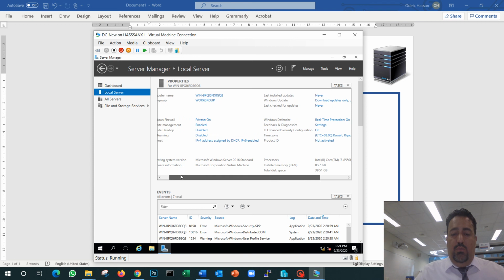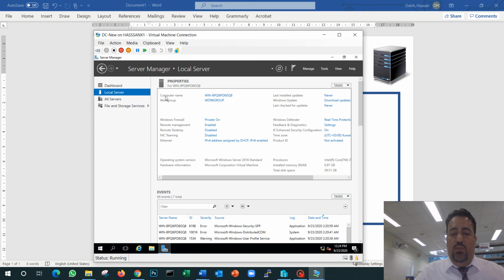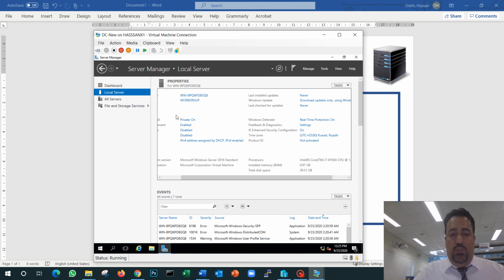I close it. Now it's very recommended that you change the computer name of the server. Give it something logical, better than the selected random one. In my example, since I'm just playing with this, I don't need to change it. But in your example, you can change it, for example, to station 15 server 1 or room 113 dash station 15, whatever your group or whatever name. I will be writing that on the board in the classroom. Now, once you do the computer name, it will restart itself.